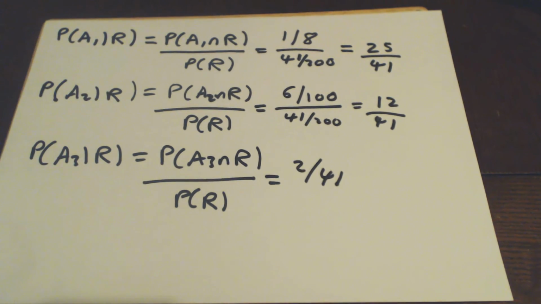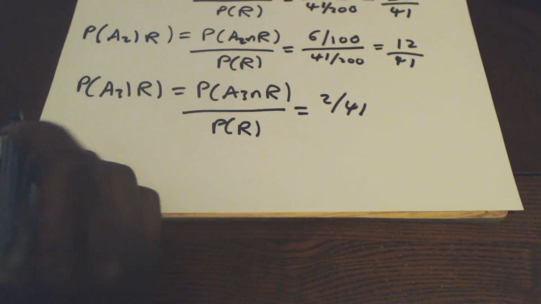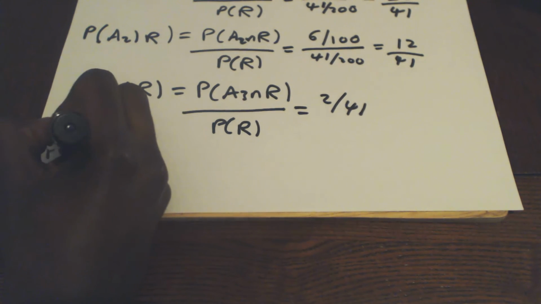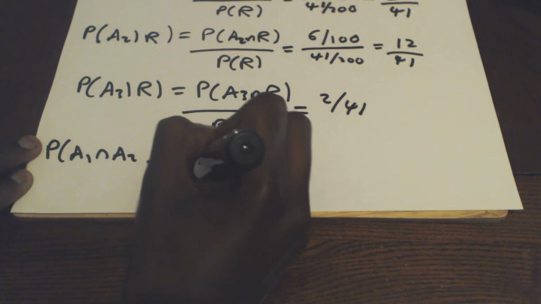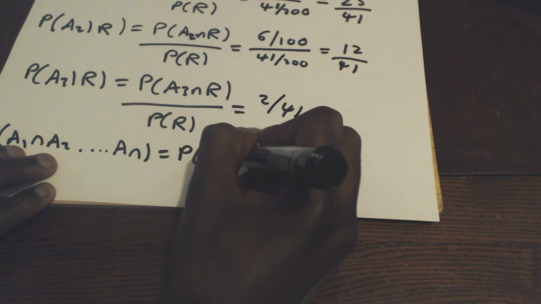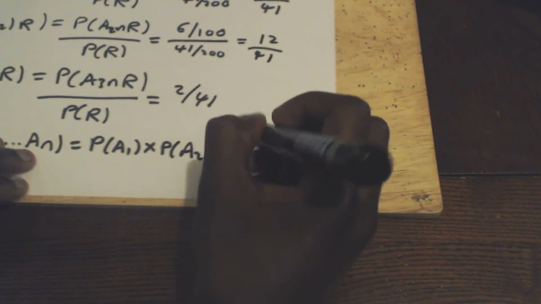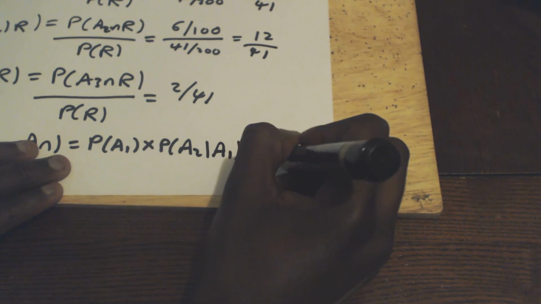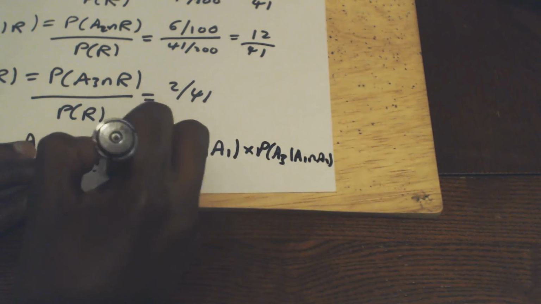Again, this is really just the foundation of using conditional probability. You will go on to use it more often and see more powerful results with it later on. There is a theorem for conditional probability, and that's for n events, and that is that the probability of A1 intersection A2 all the way to AN is the probability of A1 times the probability of A2 given A1 times the probability of A3 given A1 intersection A2 all the way